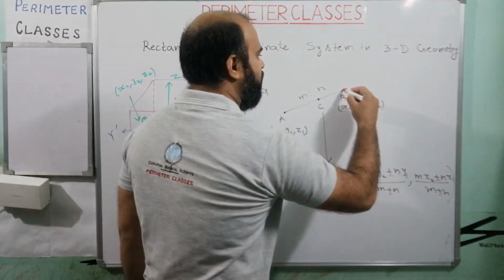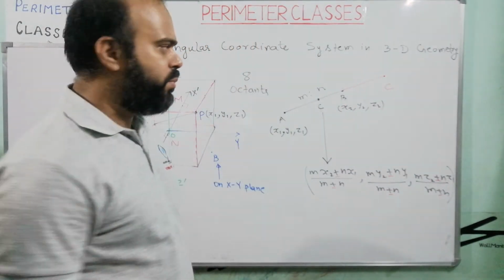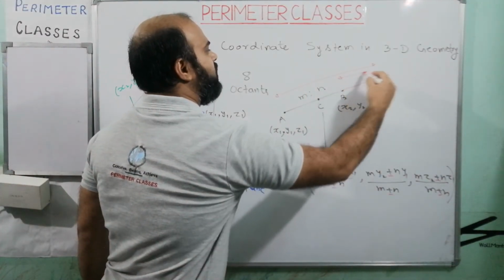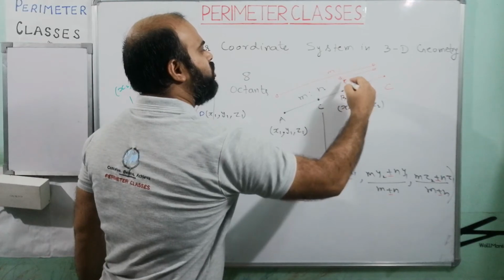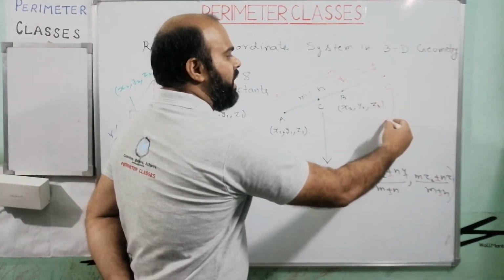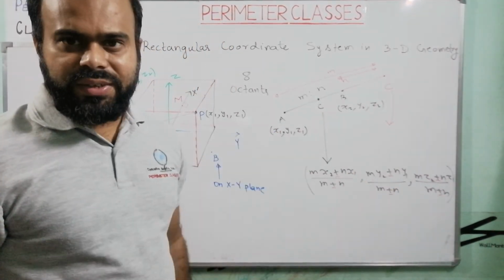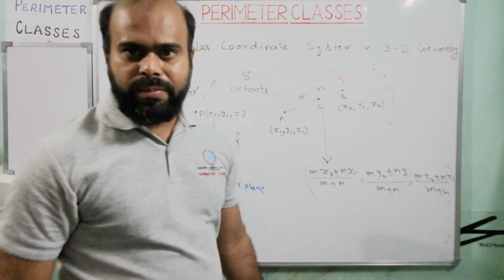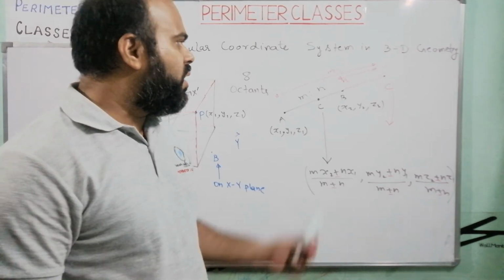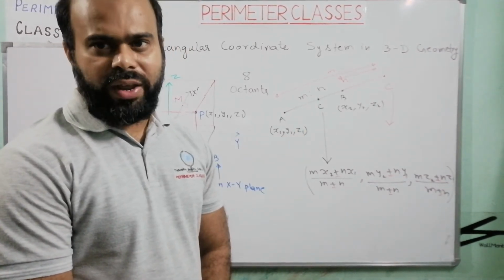That means if we produce this AB and we take the point C somewhere here, in that case we take AC is to BC in the ratio m is to n. So what will be the coordinates of C? In that case you will take the minus sign. If it is internal division, you will take the plus sign, which we have studied in coordinate geometry also. If C is the midpoint, then m and n both will be 1.